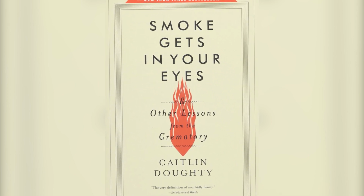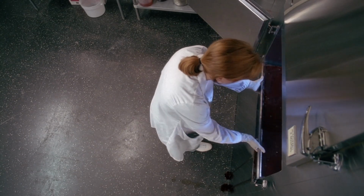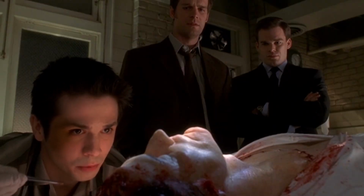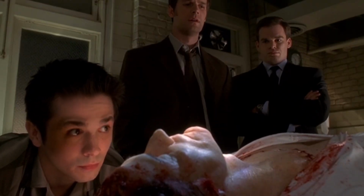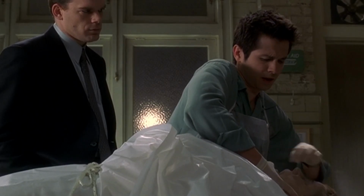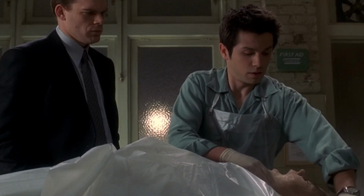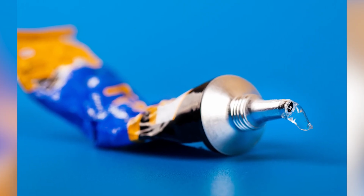nose, and mouth must be cleaned out using cotton swabs. There's also a risk of the body purging fluids from the stomach as this process is going on. Things can get pretty weird from there. Eyes tend to slide open, so plastic eye caps are placed on the eyeballs to both maintain their shape and hold the lids closed. And jaws tend to drift, so a device called a needle injector is used to wire the deceased's mouth shut. If that fails to hold the jaw in place properly, the embalmer will often resort to